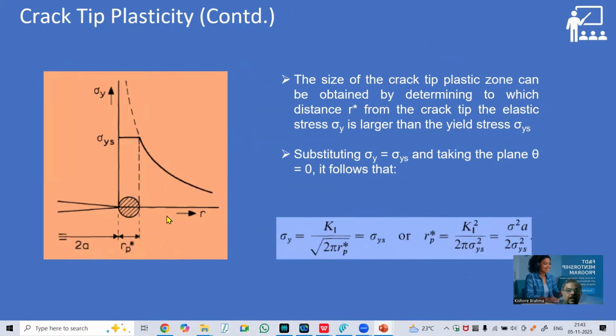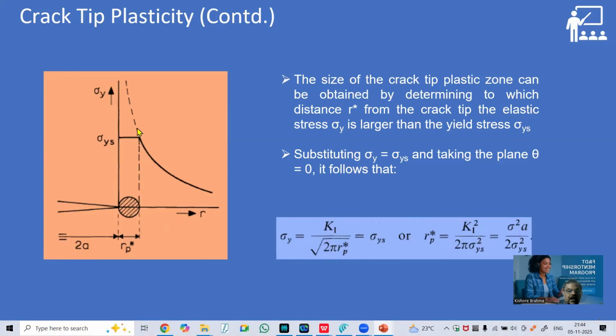So, ahead of the crack tip, based on the elastic solution, one can see the stress distribution like this. And as one approaches the crack tip, the stress goes to infinity, so asymptotically it goes to infinity. Obviously, the material cannot withstand anything more than its ultimate strength. So in the process of stresses going beyond yield stress, the material ahead of the crack tip will undergo plastic deformation. And the plastic zone can be obtained by determining the distance r star, which dynamically changes,